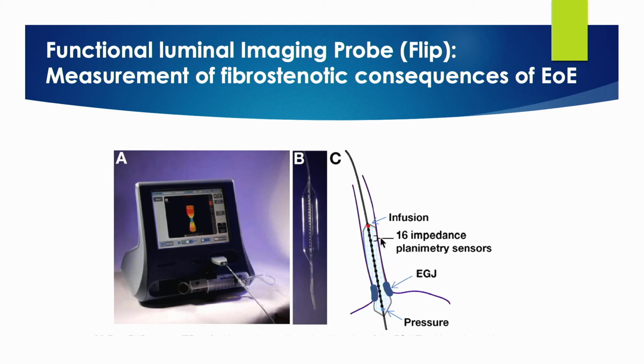And what it can do, it could give us a 3D rendition of the esophagus. We use it mostly to look at the distensibility at the EGJ for evaluation of dysphagia and also for achalasia, but it can be used in eosinophilic esophagitis to look at the wall stiffness,